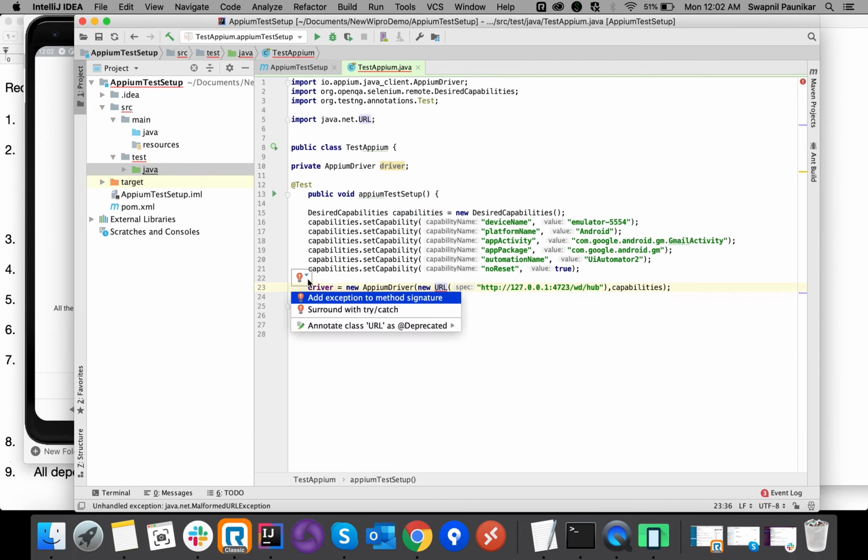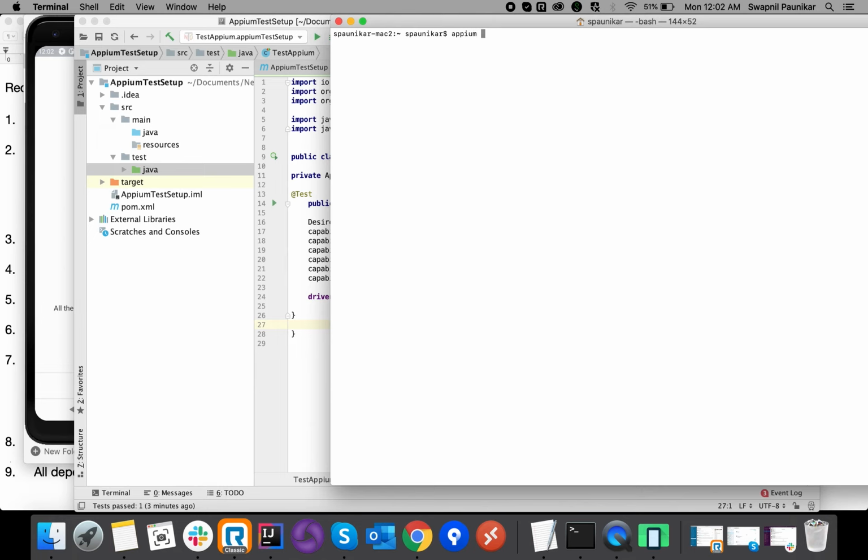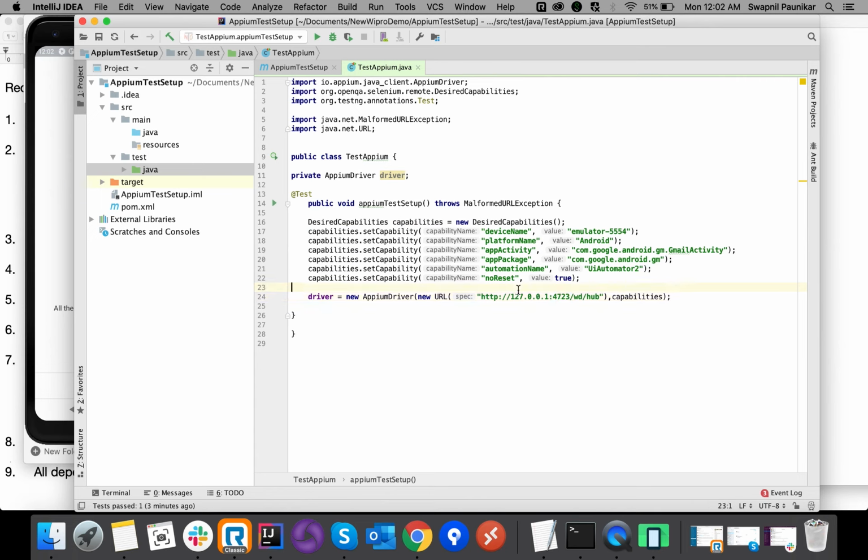Okay guys, I'll just start the APM here. It is started on port 4723, and here also we have specified port 4723 on localhost. So what I'll do is just run.